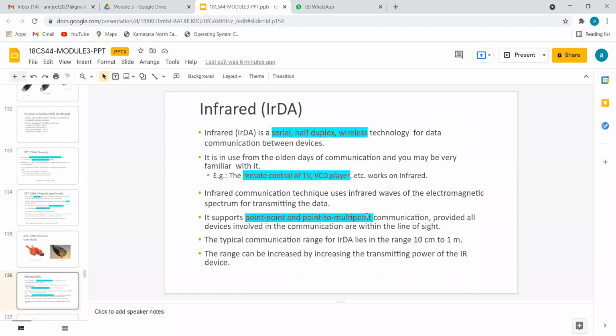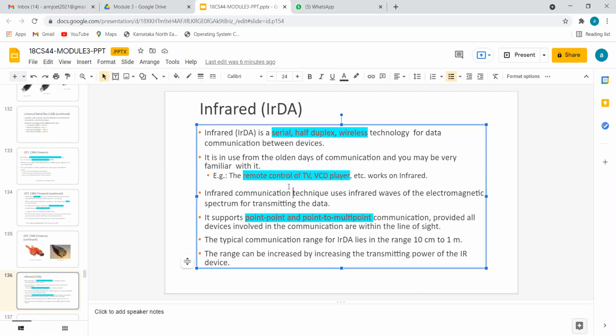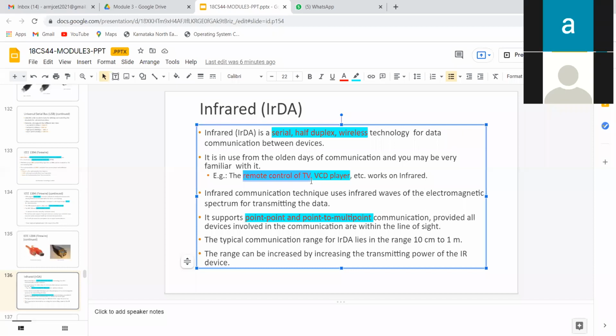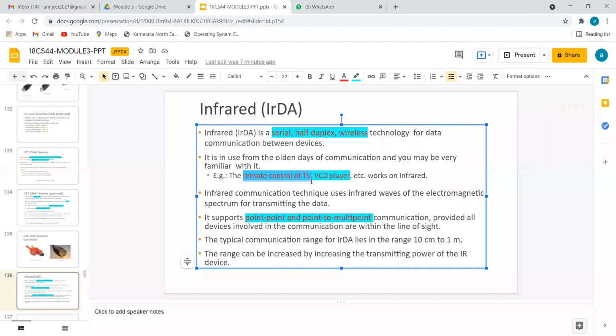Okay, fine. Now let's go to the next one, the external communication interface. It's an infrared method. If I give you an example of where you are using it, it will be very useful. It's a TV remote control. From one side we click a button, and on the other side there is a receiving end. According to whatever signal we give, it responds.